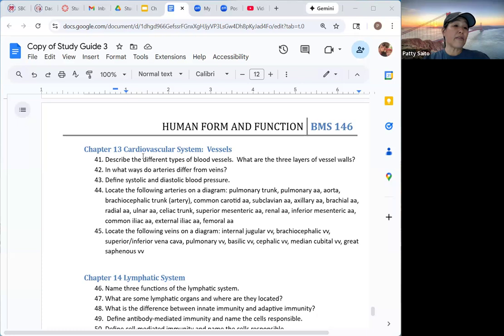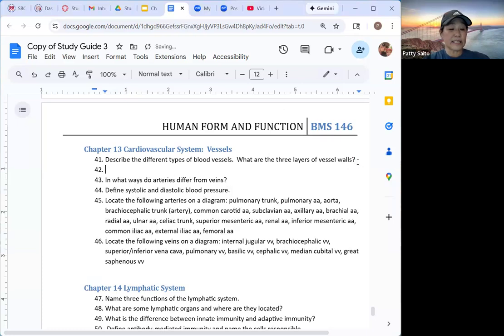So let's take a look at the different kinds of blood vessels and what comprises the wall of the blood vessels, because it varies in the composition of the layers that are around the blood vessels. So let's start with the first type of vessel,